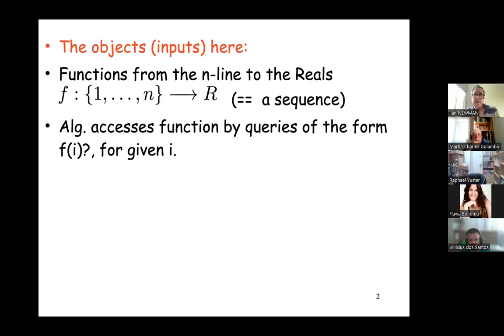And after a while, you need to decide whether the function has the property or it's very far from having the property. And the complexity here is the number of queries. That is the number of such access steps to the function, where you define some index i and get the value f of i. Okay, of course, if you think about it for a moment, not only did you have to relax